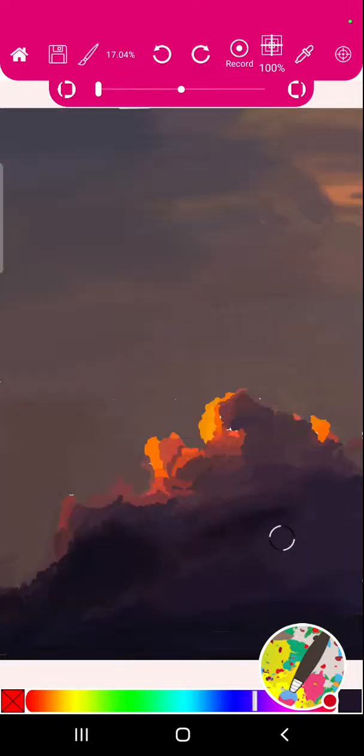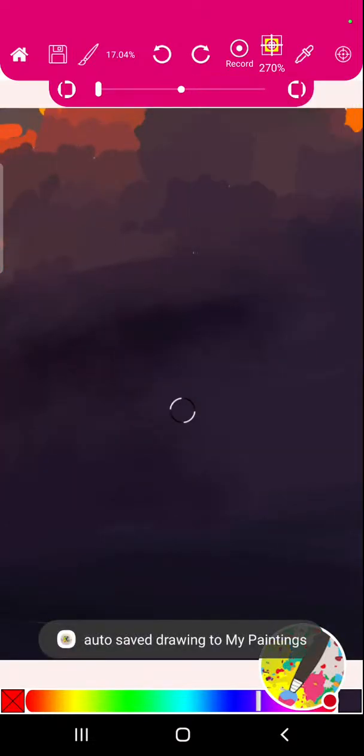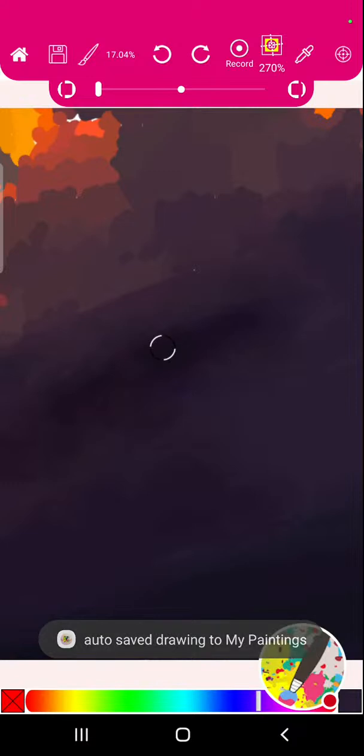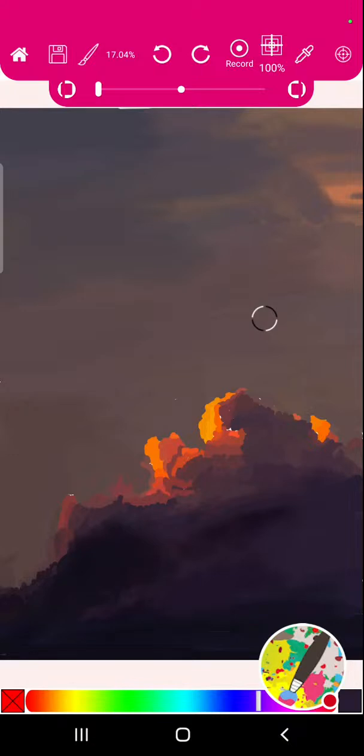Let's see what happens. We've got something closer. No, it's too dark, isn't it? So we need to... The reason why I'm going back to the original reference is that it will tell us if it's unnatural or if it does work, yeah? You can keep it if you think it works. All right, so now what we can do, let's save it,